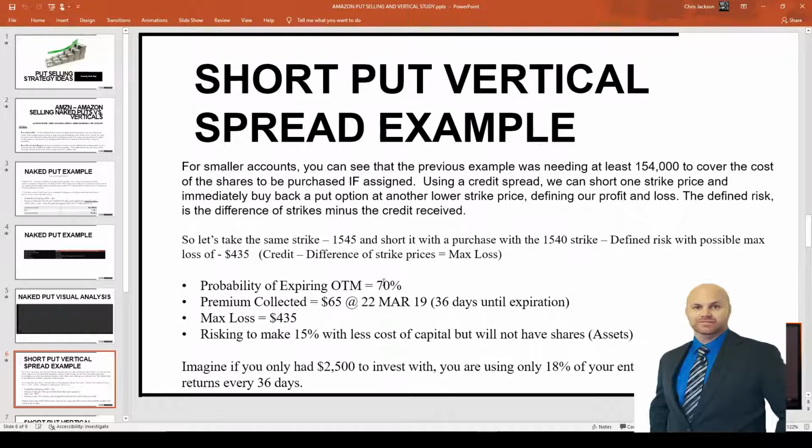And this is a good thing also with options. You have statistics that give you the probability of success. Now, they're not always right on the money, or they're not always 100% correct, but it does give you a statistical prediction of what you're looking at. It has a probability of expiring out of the money at 70%, and this is also found on the TD Ameritrade Thinkorswim platform. Premium collected is $65 at the same contract, 22 March 2019, 36 days until expiration, and now